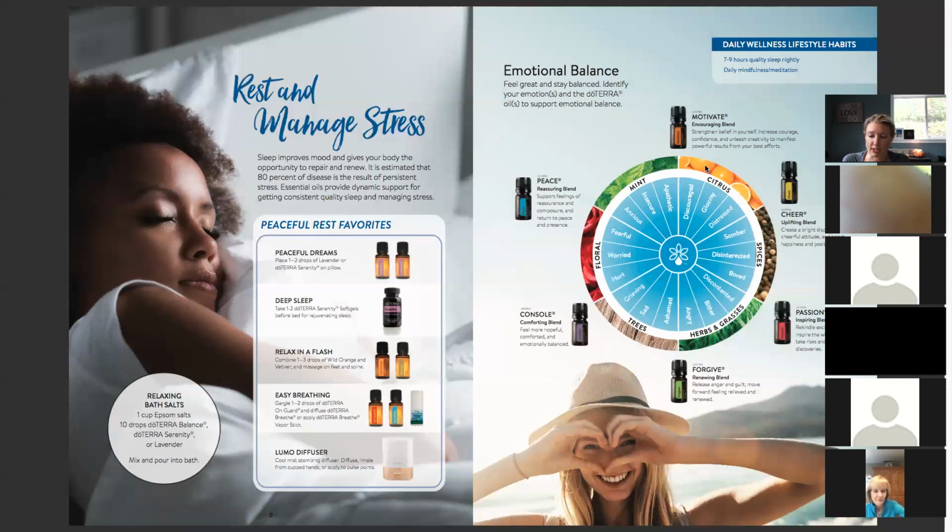Next to that is passion. That's the inspiring blend. So that's going to help you rekindle excitement in life. It's also going to help rekindle excitement in the bedroom. It's a multi-purpose oil. It's something that you can play around with in the diffuser or on your pulse points, like wrist, heart,